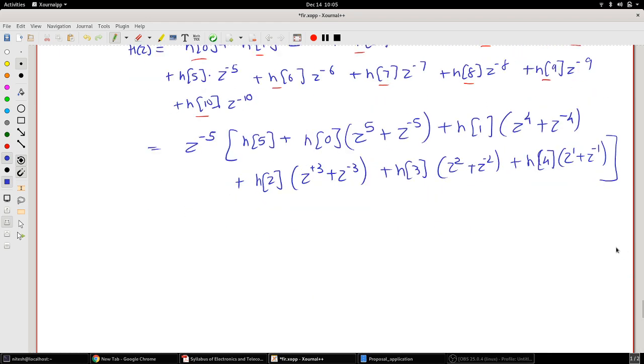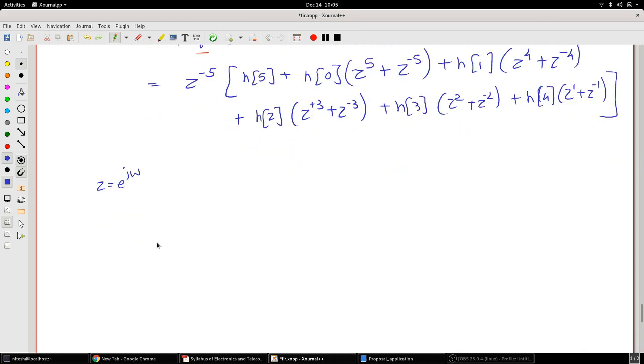So now if you look at this closely, z raised to 4, z raised to minus 5, I can convert this into a frequency response, that is I can put z is equal to e raised to j omega and I'll get a Fourier transform which is called the frequency response. The frequency response is h of e raised to j omega, which is equal to e raised to minus j 5 omega, and this will be multiplied with h of 5 plus h of 0